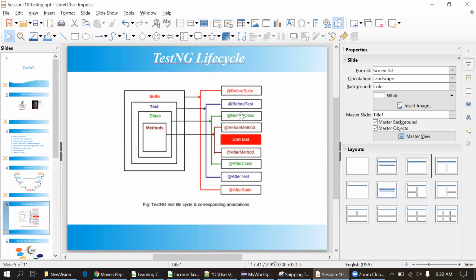Same at class level as well. Then test and then before, so that I showed you. So you can just see the diagram, and if you have any question, just ask me. Okay, fine.